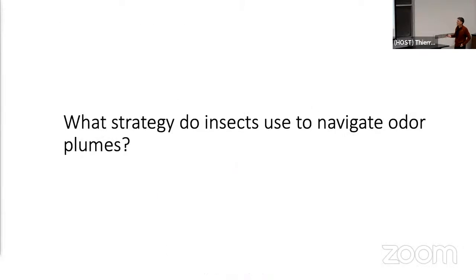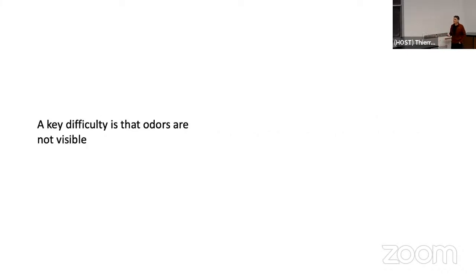No? And so one question that has been there for a very long time is what strategy do insects use to navigate odor plumes? And this has been very important for a very long time because mosquitoes, again, that transmit malaria, for example, that's what they use to find their target. No? So one key difficulty in studying that question is that you cannot see the odor. It's very difficult, and you can try to use odors that are fluorescent, but you have to get to concentrations that are so high that basically they become toxic. But there are some experiments that use